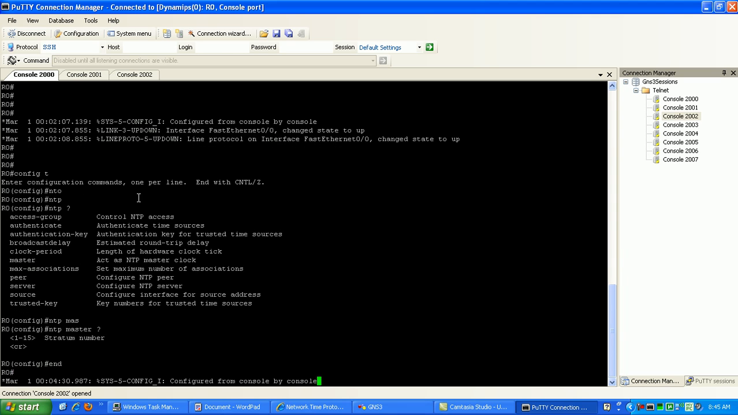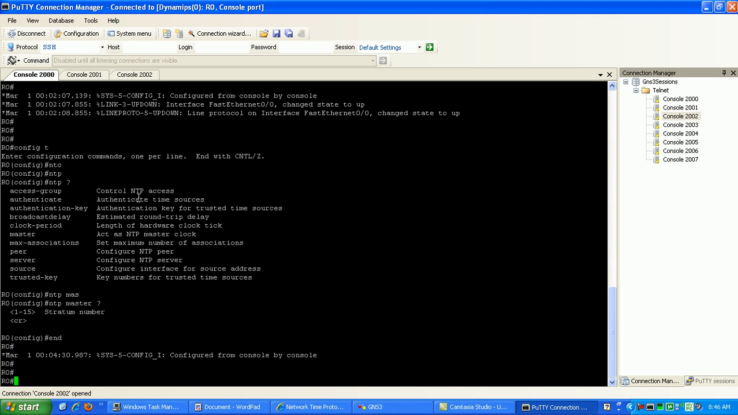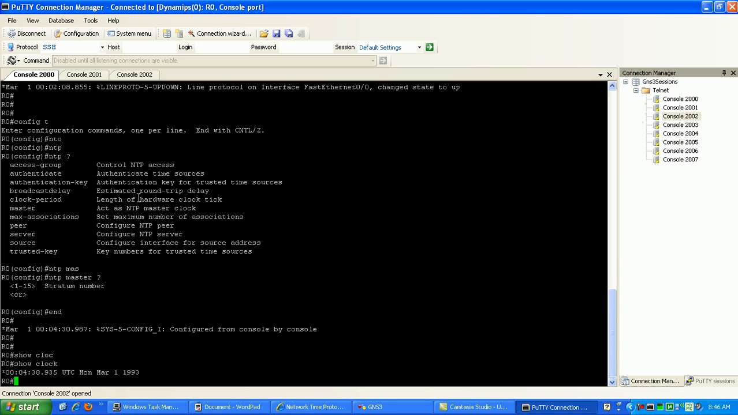Before you start configuring NTP, and I almost forgot, you want to set your clock to whatever the correct time is in your time zone. You can do it by Zulu time, which is GMT. Right now, I'm just going to configure it to the local time here, Central Standard Time, which is